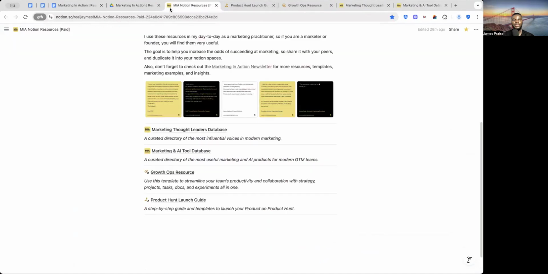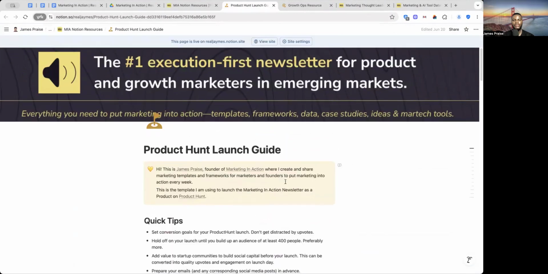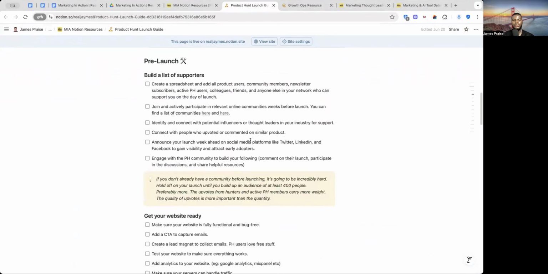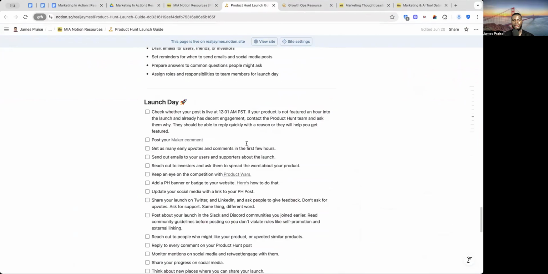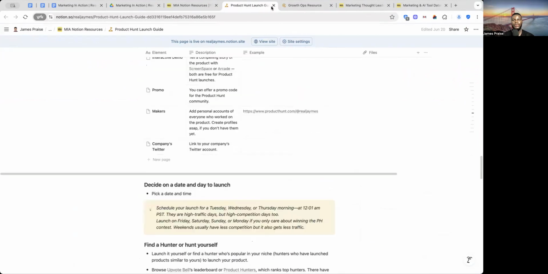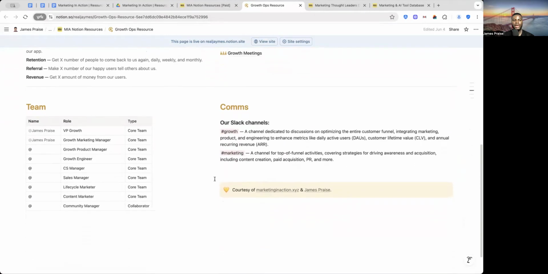We also have templates that are more specific to Notion, right? And I update this every time as well. This is the product launch hunt guide. It's a similar template to the Google Docs version, but if you work more with Notion, then this one will be more useful to you. There's a growth operations resource template here that shows you how you manage